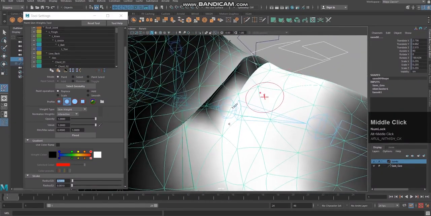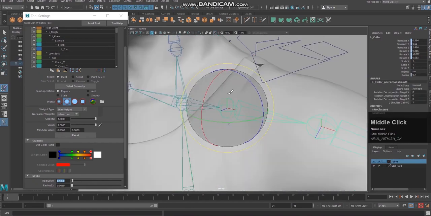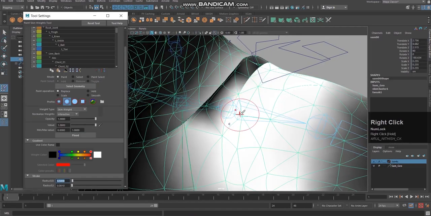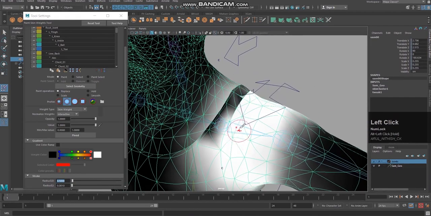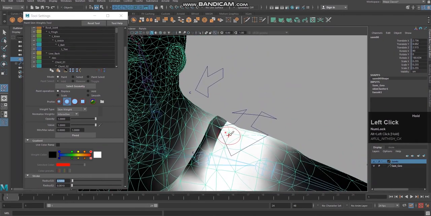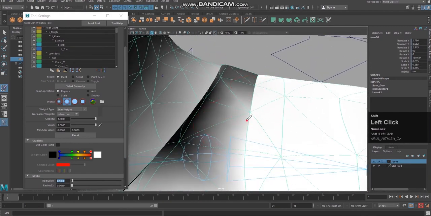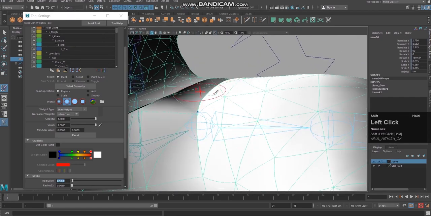Now I'm going to use shift to make it smoother, because the nearby values will get spread in a smoother way.